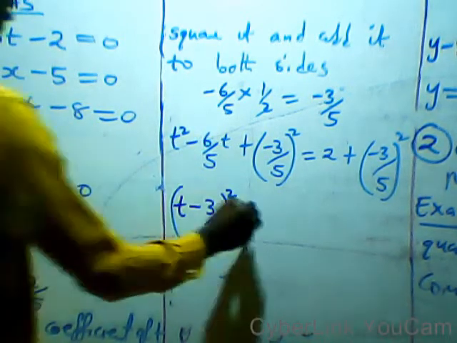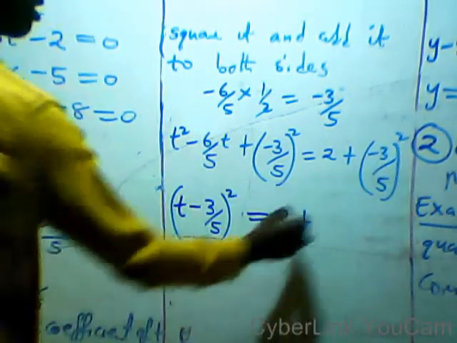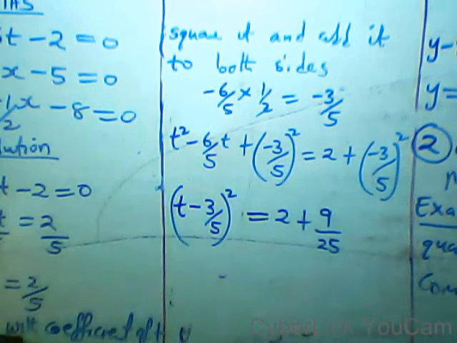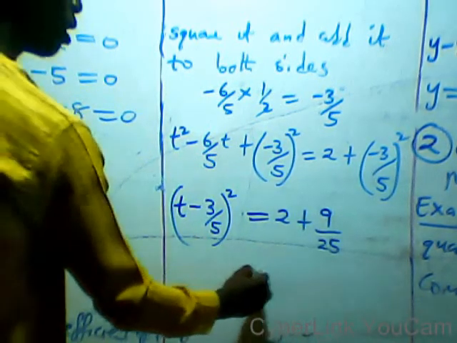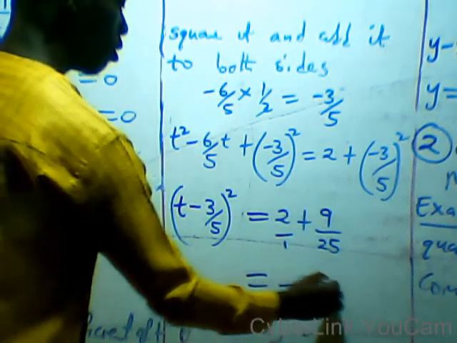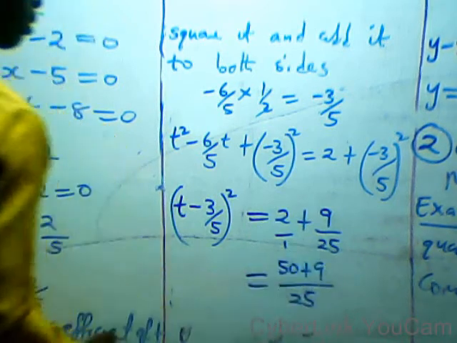And this is equal to, in this part I have 2 plus, if I square minus 3, I will have 9, all over 5 squared, which will be 25. So that's what I have. And of course, on this side, the LCM of the denominator is 25. So I have 25 all over, this is this, that is 50 plus 9. That means I'm going to have